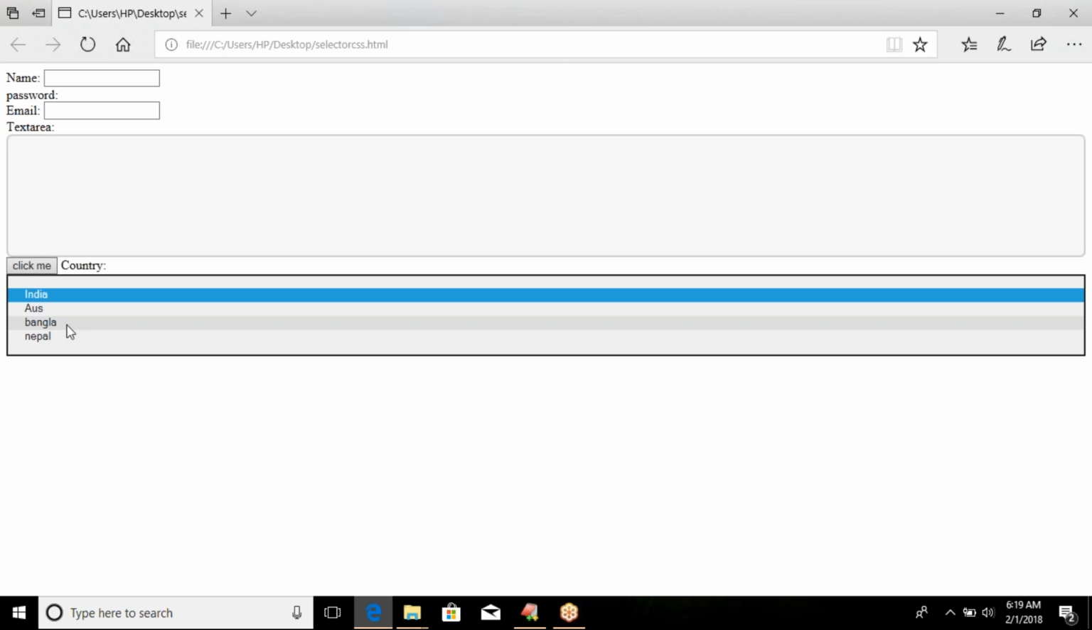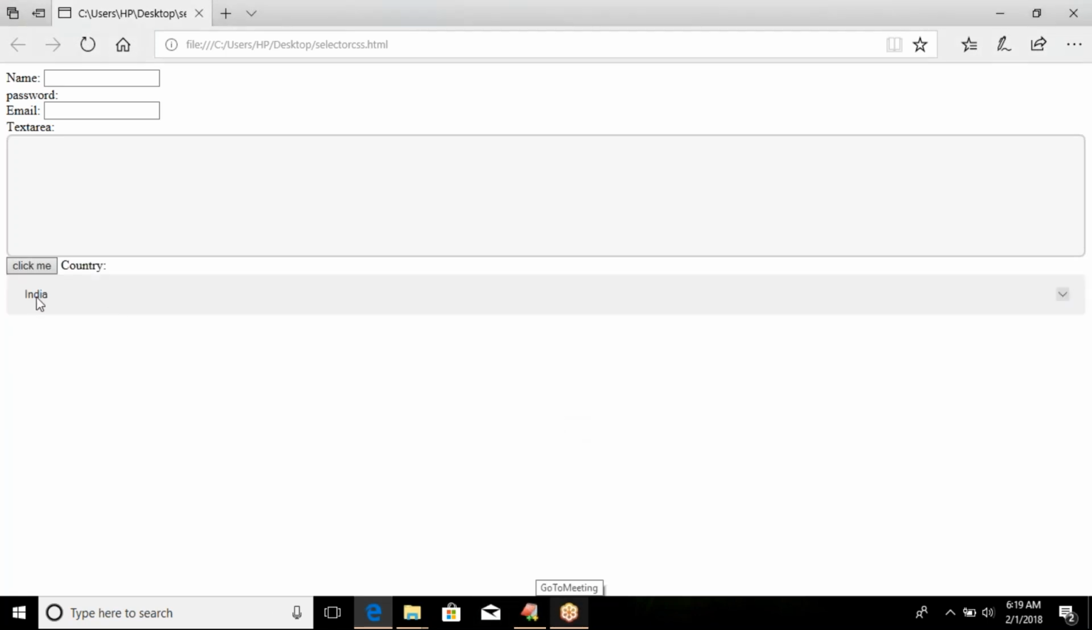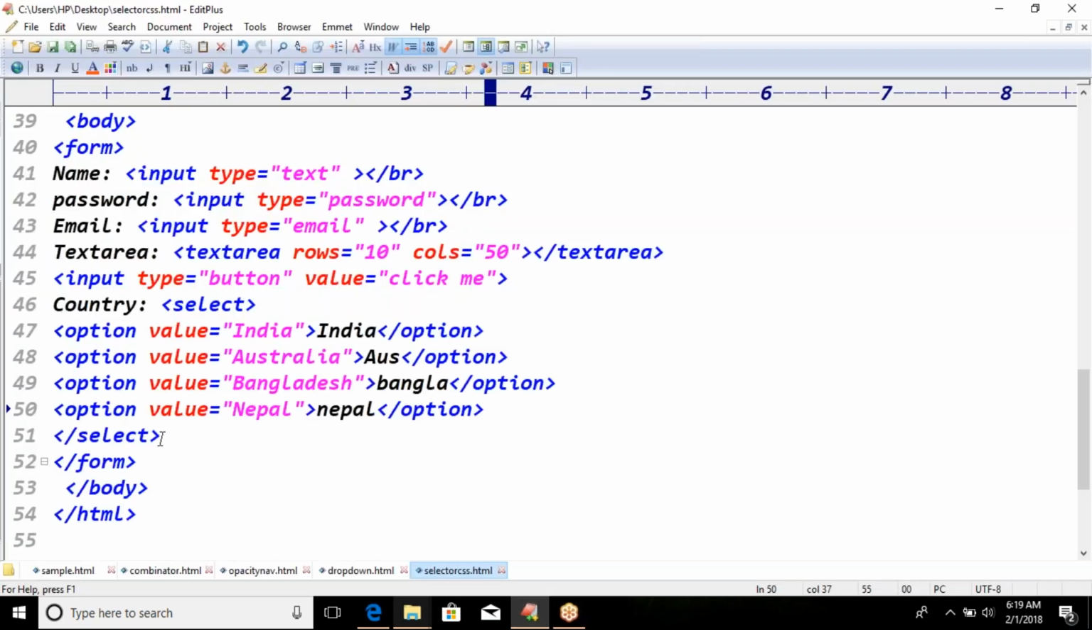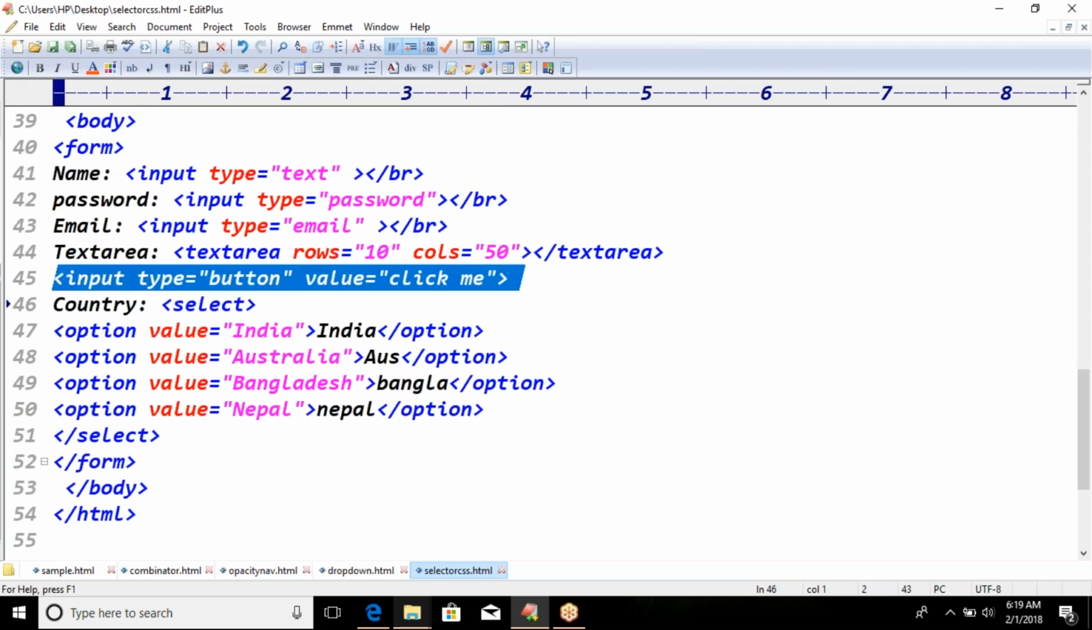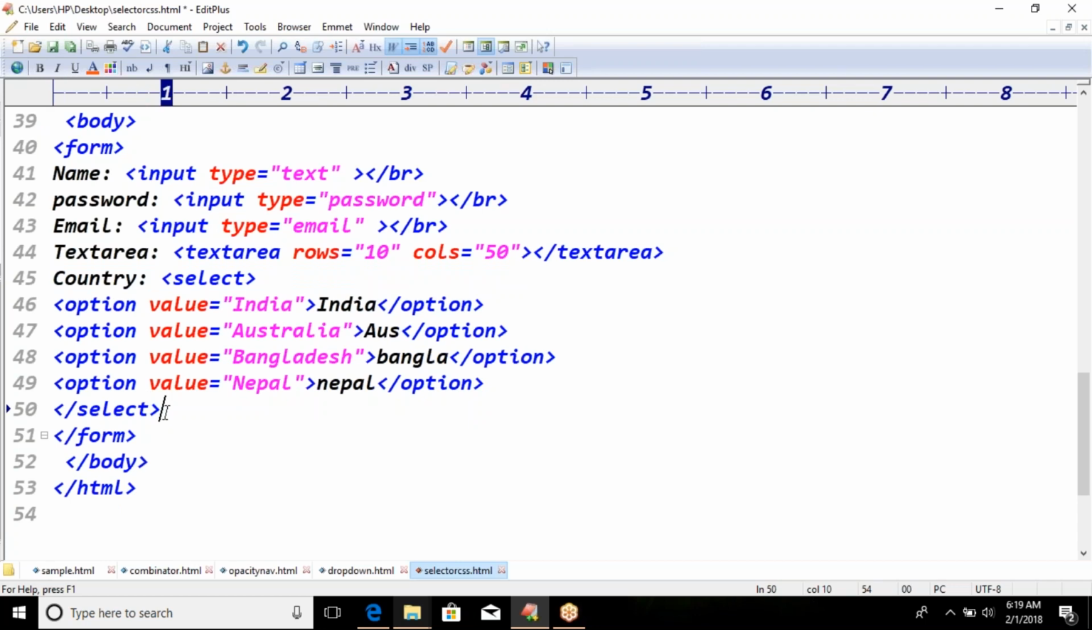Even we can style the buttons also. Let us suppose I am having a button here. I am having a button that is Click Me. Click Me is my button here. So here in HTML, where I'm having this input type button, I'm going to keep after this a BR,